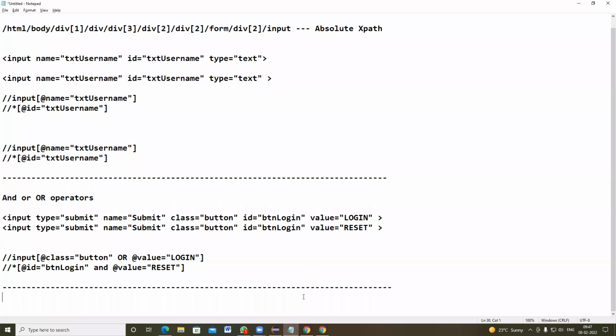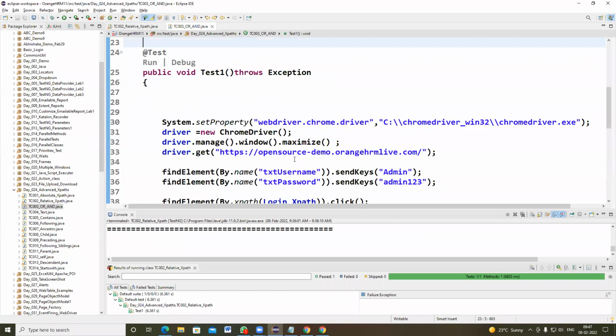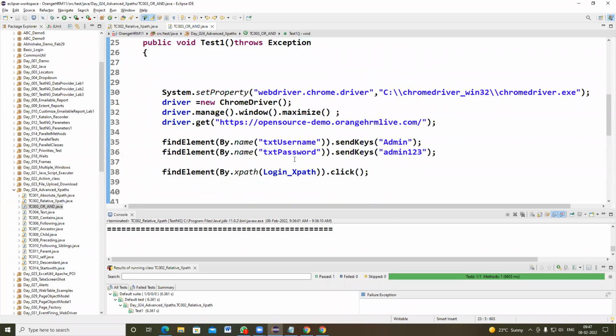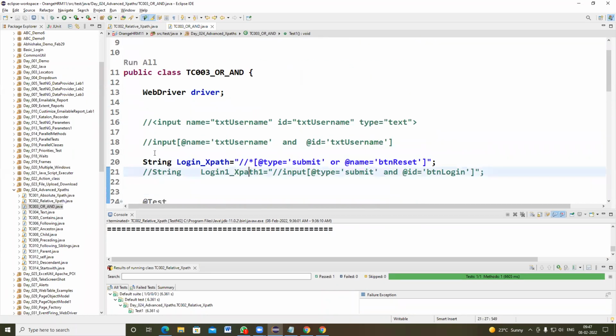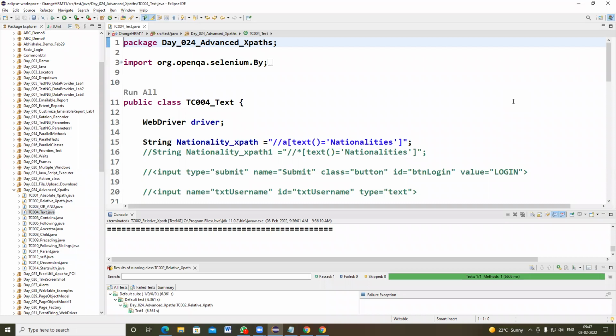Okay. Now moving further, we have something called text off. Okay. Text off means